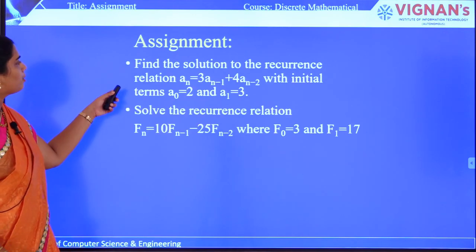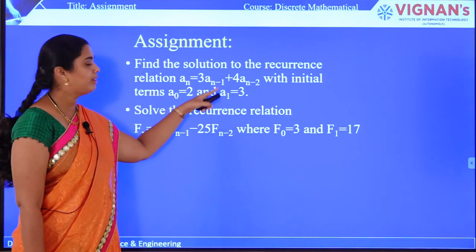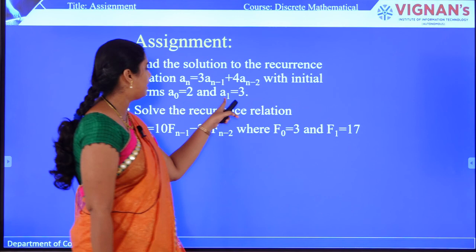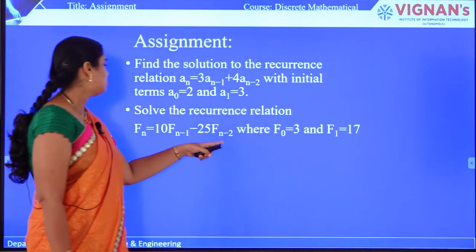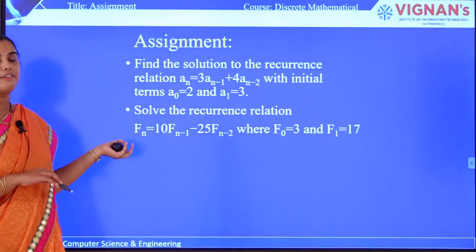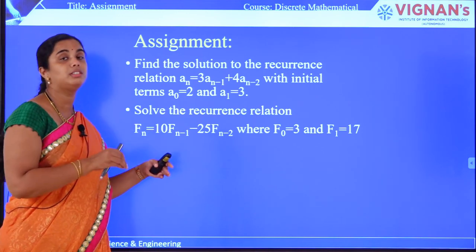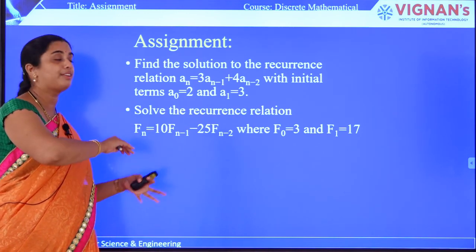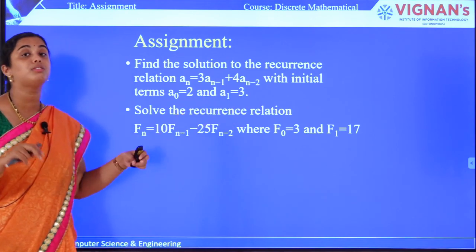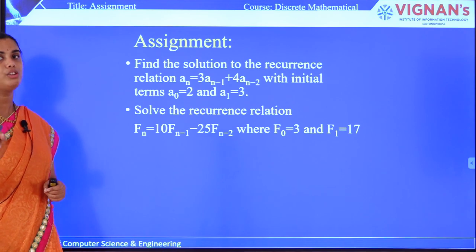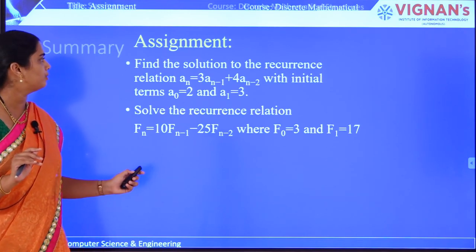And these are the assignment questions for you. So you try to find, here I have given the initial conditions a0, a1 and f0, f1. So first you will need to find the roots. After finding the roots, you need to substitute those roots in that equation, and from that equation, using these initial values and using the values of 0 and 1, you will be getting the solution, okay. This is the assignment question for you.